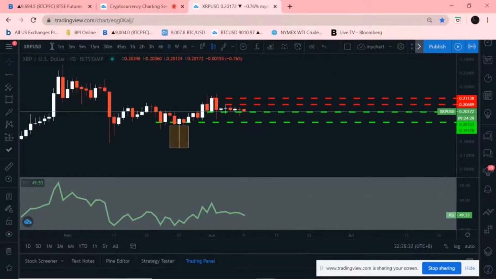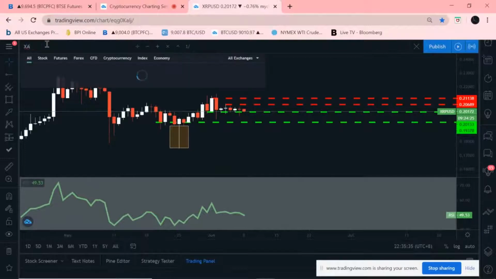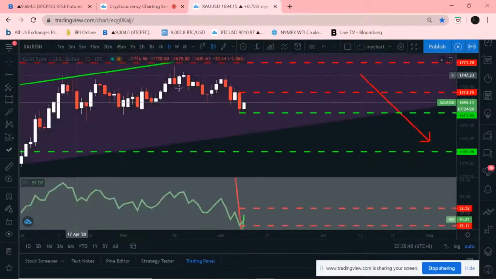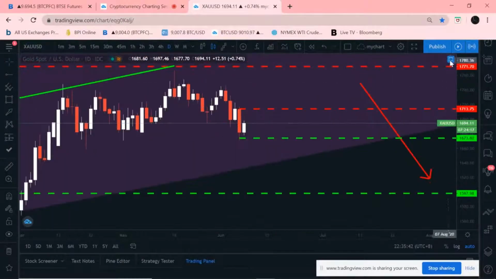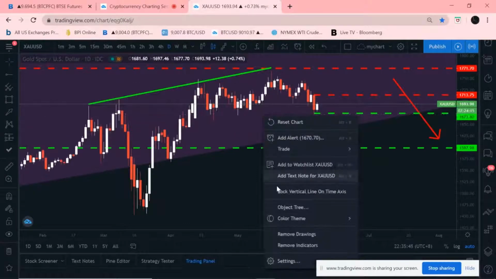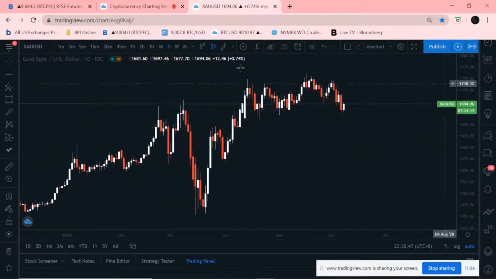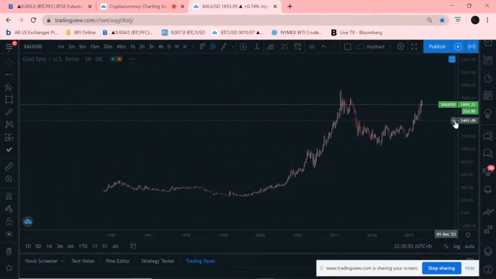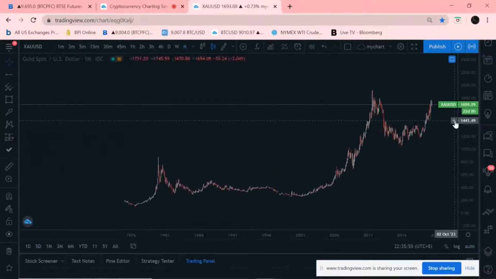So now let's move on to gold. Actually, hmm, I think it's better if we remove all the drawings and let's start anew. So let's go first to the monthly chart. This is actually the whole chart of the gold. So currently we are trading around